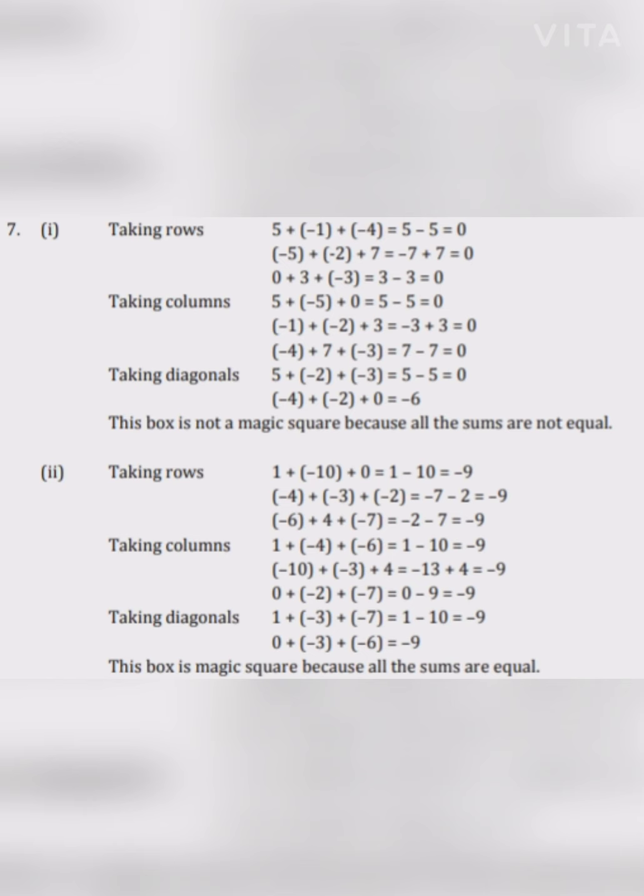Taking diagonals, 5 plus minus 2 plus minus 3 is 5 minus 5, which is 0. Minus 4 plus minus 2 plus 0 is minus 6. This box is not a magic square because all of the sums are not equal. The last sum is minus 6, which is odd one out from all the others, so it is not a magic square. Second, taking rows,